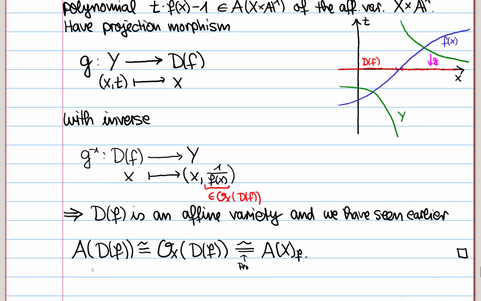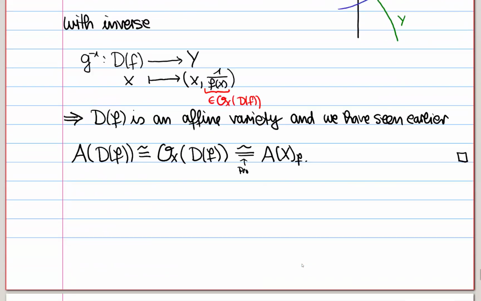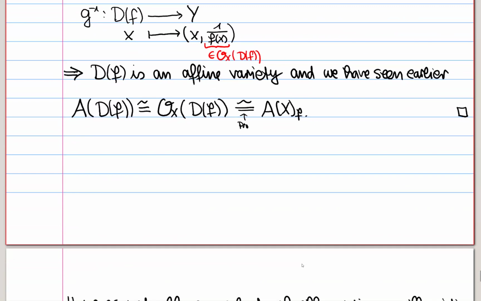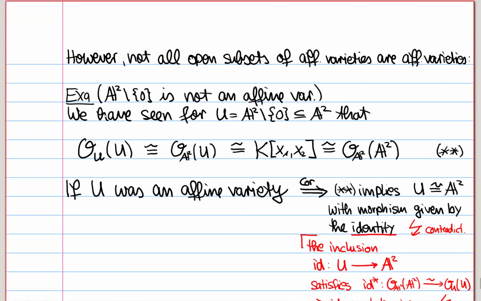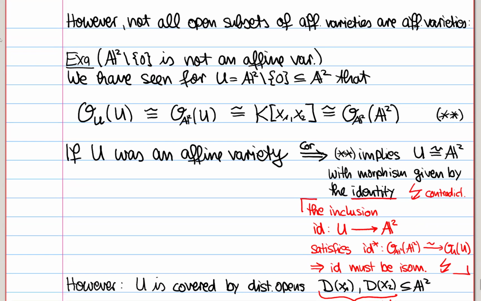And we have already seen that A of D(f), this is just the ring of functions on D(f), and that we calculated, it is just the localization of A(X) at f. So we get this new kind of affine varieties, which are given by these distinguished open sets in other varieties. Now you could hope, well, the distinguished opens are affine varieties. Maybe just every open subset of an affine variety is an affine variety. Unfortunately, this doesn't work. And the counterexample is, again, an old example that we have seen before. And the claim is that A^2 minus 0 is a ring space, certainly, but it is not an affine variety. It's always good to have examples of things which are not the objects that you're